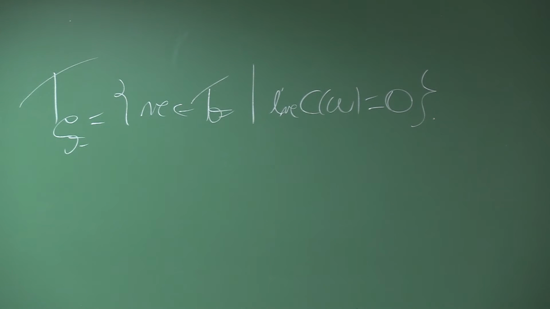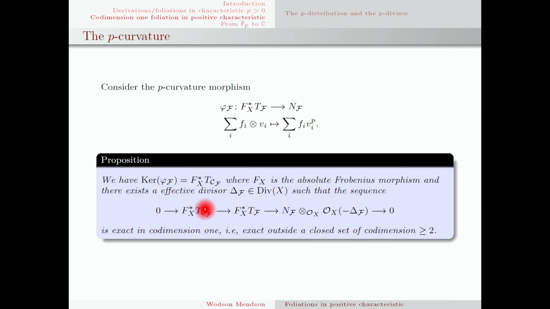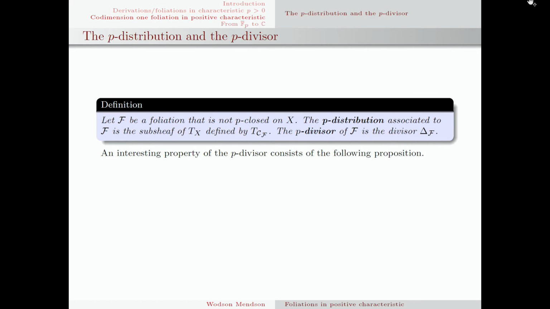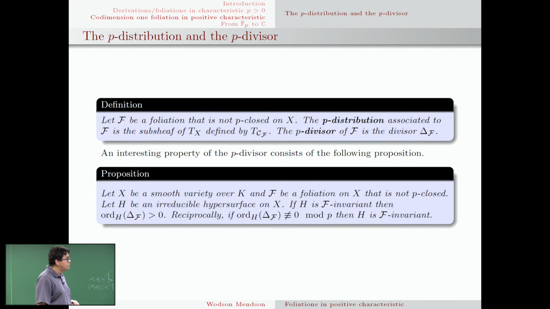And there is an effective divisor, showing that this sequence is exact in codimension 1, that is, exact outside a closed subset of codimension 2. We will call this divisor the p-divisor associated to the foliation, which is not p-closed. And we have this property here,